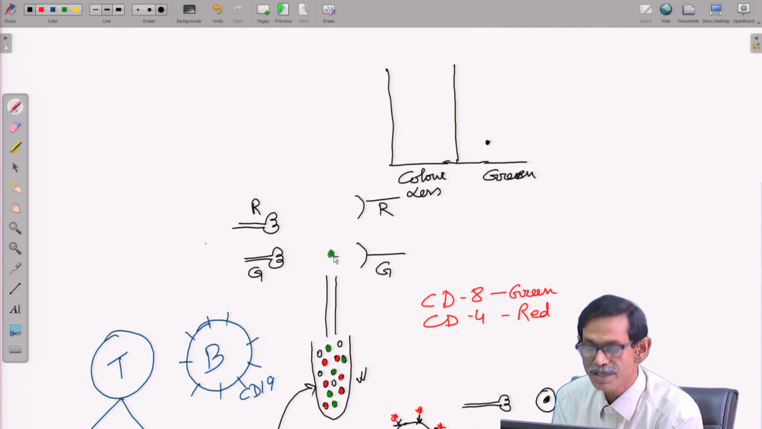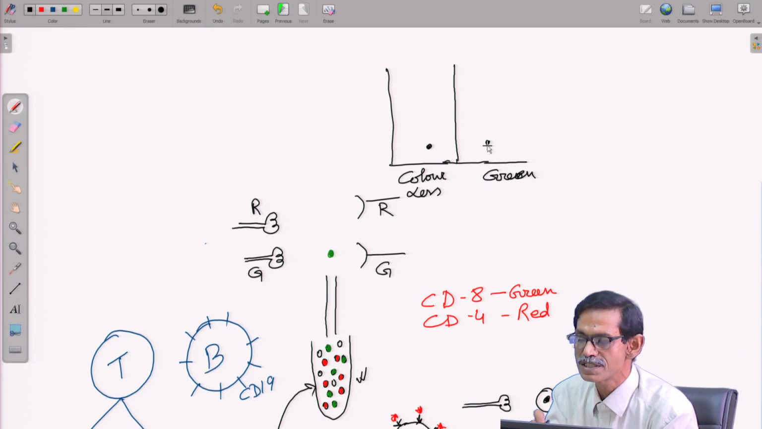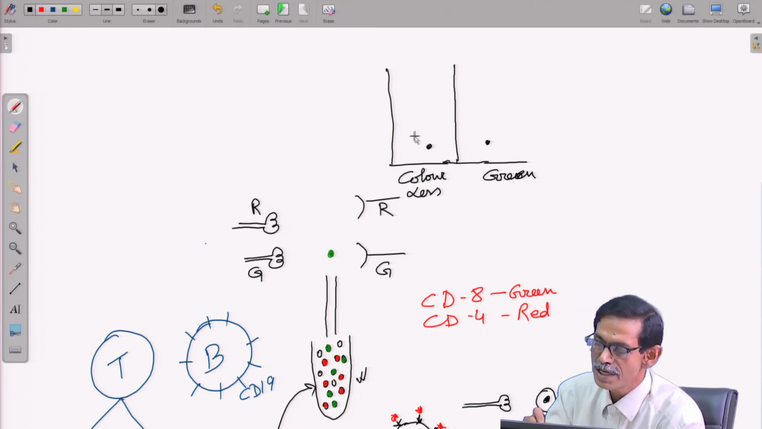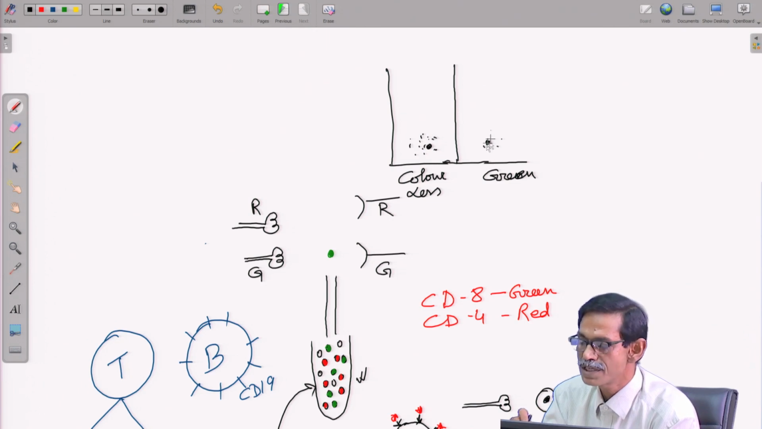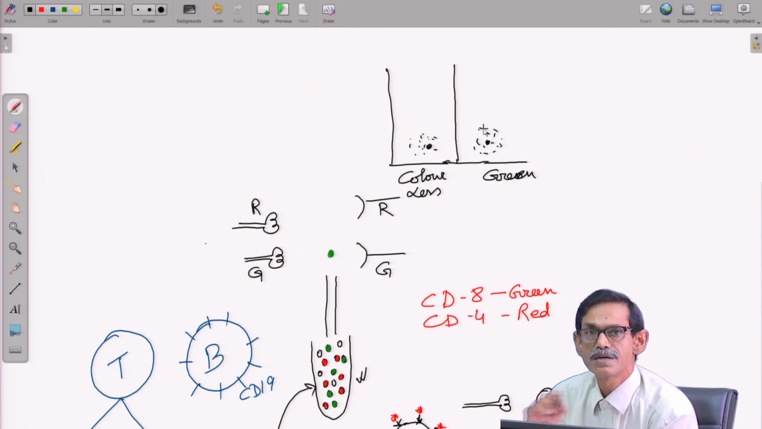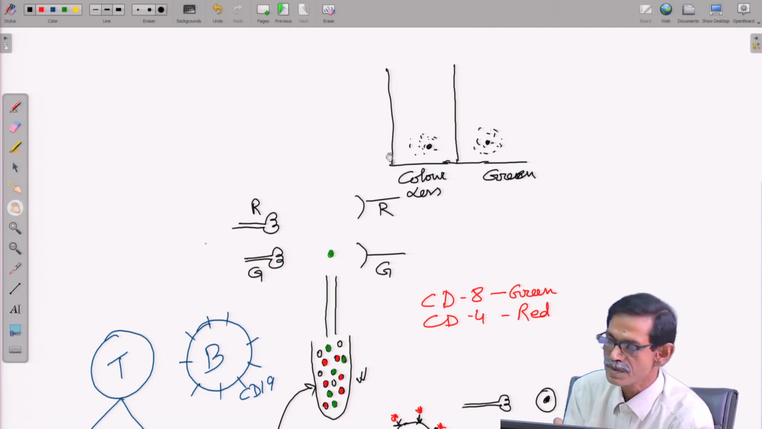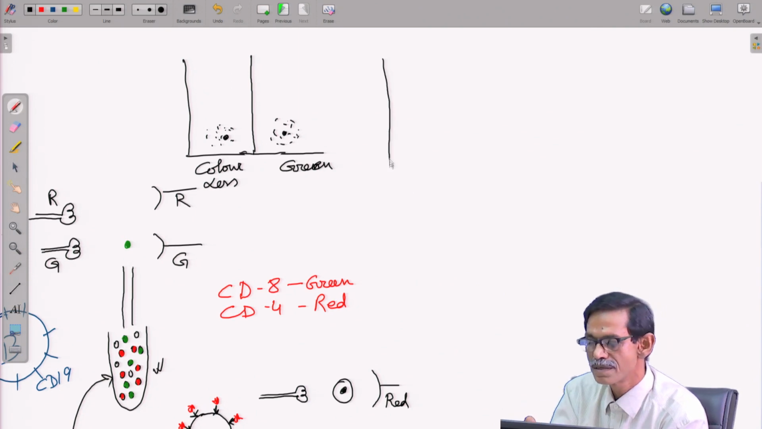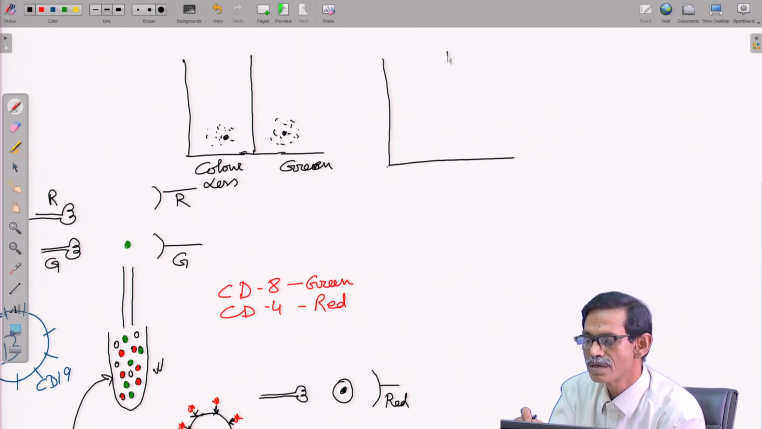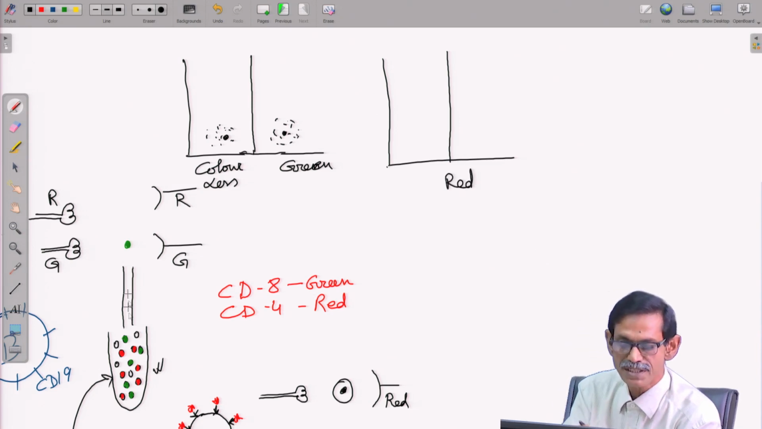When a red cell comes, the dot will come here. So, any green cell is going to come here, and all other cells will come here. So, in the same way you will get a lot of dots here for colorless cells and a lot of dots here for green cells. Same thing we can get for red. So, when the red cell will go,